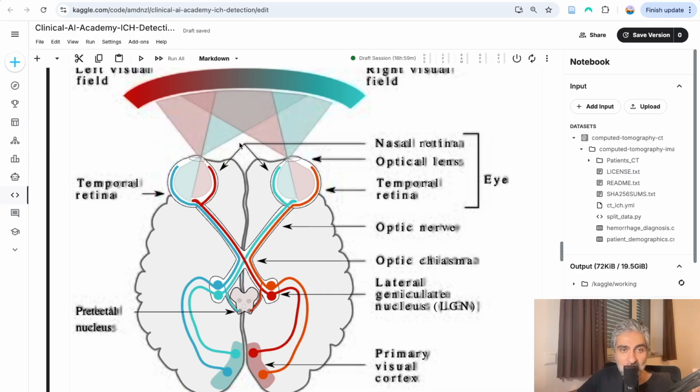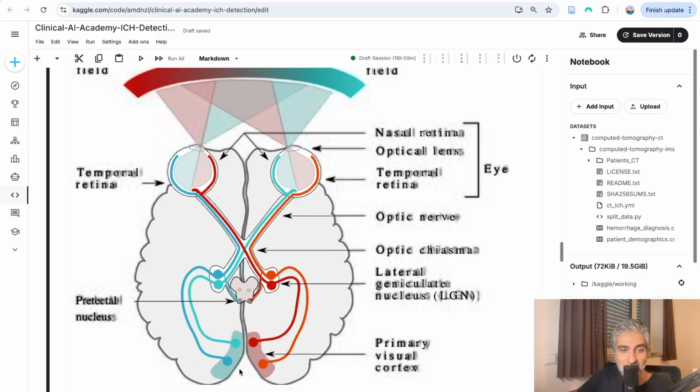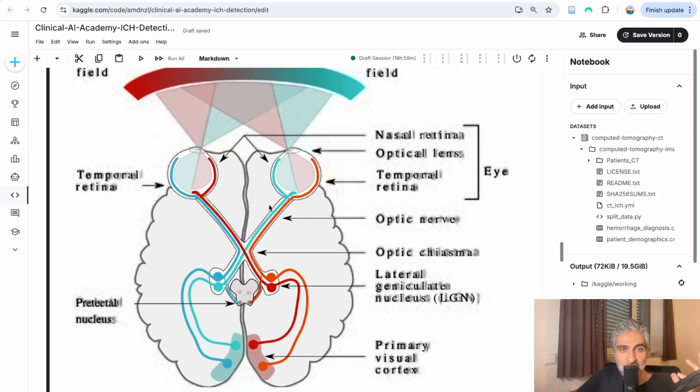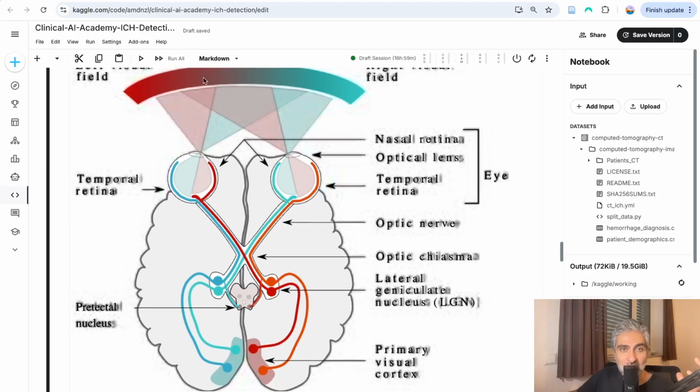So here's the front of the brain, here's the back of the brain. You could see that there are two kinds of information. What is going on here? What are you looking at? Say, like a CT of the brain scan in this case. And the other thing is where things are happening in the visual field. Are they on the right or the left? And these two pieces of information are carried, and the visual system has to deal with them